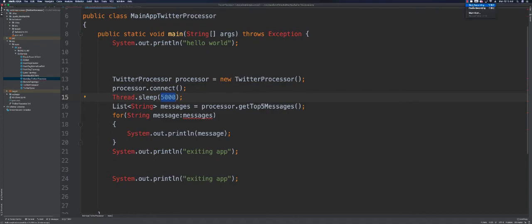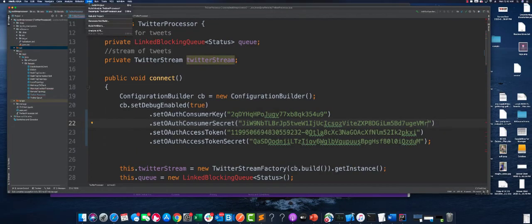So let me build this first. Okay, so the build looks good. Now I'm going to run this.